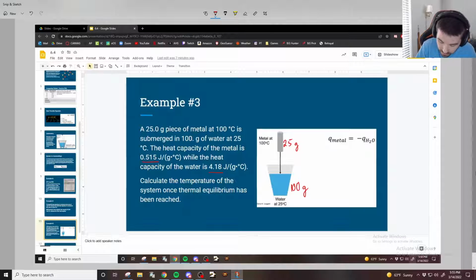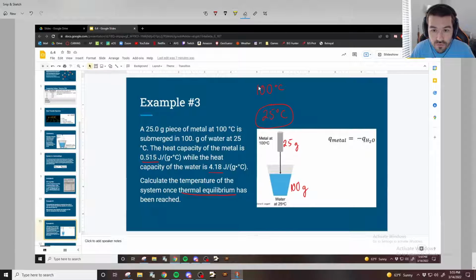So what can we expect? We've got something that's 100 degrees Celsius and something that's 25 degrees Celsius. We can expect the final temperature to be a little bit closer to 25 degrees C, because the water, which is starting at 25 C, is going to resist temperature change a lot better than the metal. So we can expect the equilibrium temperature to be a lot closer to 25 C than to 100 C. Now, how do you actually solve this problem? Well,